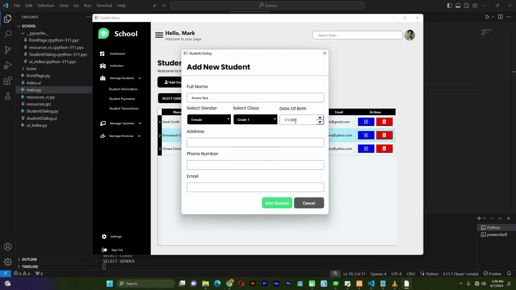Female, grade 1, then born in 2012. Let's change the month to, alright, so 28th December 2012. Then she's from Wakiso. Let's put in a random phone number, just some random 10 digits. Then